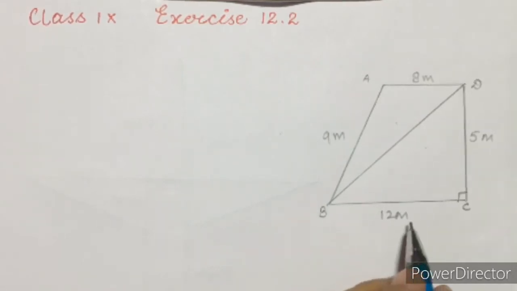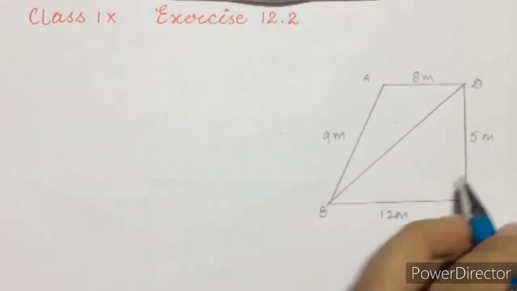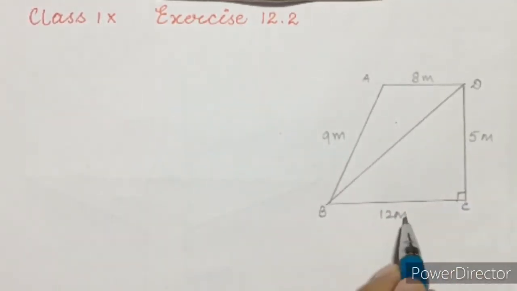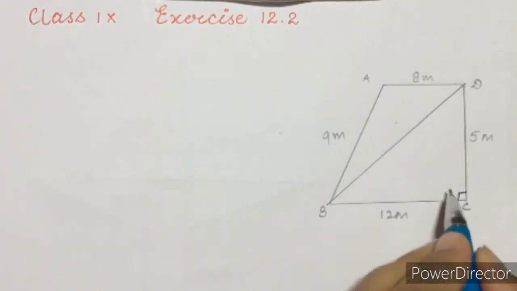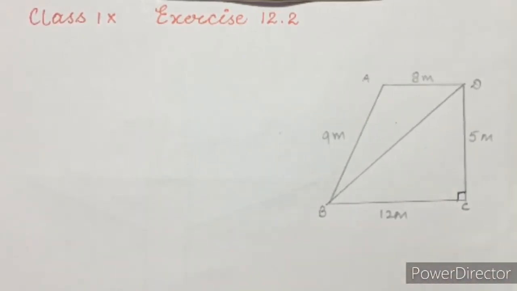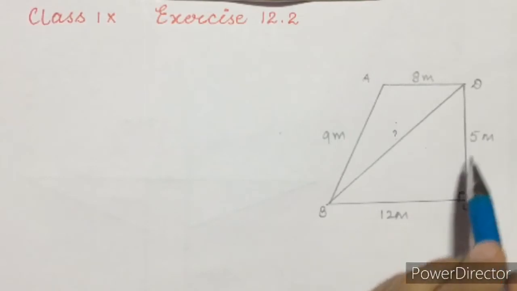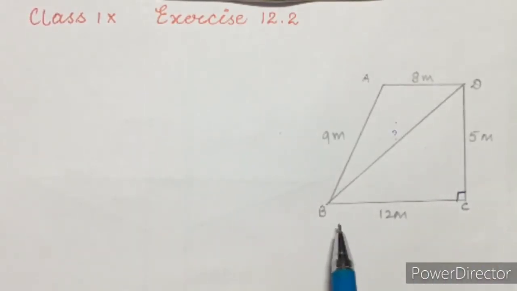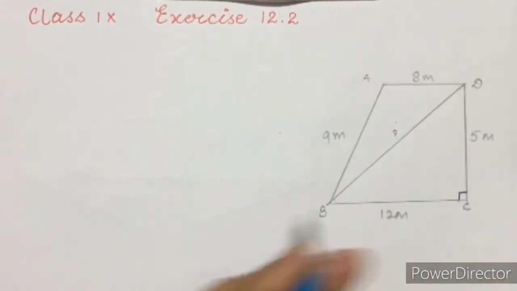Now just see, dear students, in this triangle BCD, one side is given 5 cm, another side is given 12 cm, and this angle is of 90 degrees. Can we call it a right angle triangle? Yes. If it is a right angle triangle, and we want to know this diagonal for finding the area, because three sides should be known to us of a triangle for finding the area, how can we find it? By using Pythagoras for this triangle BCD.